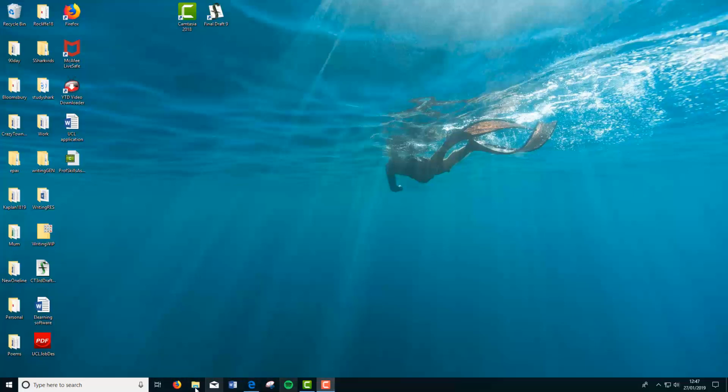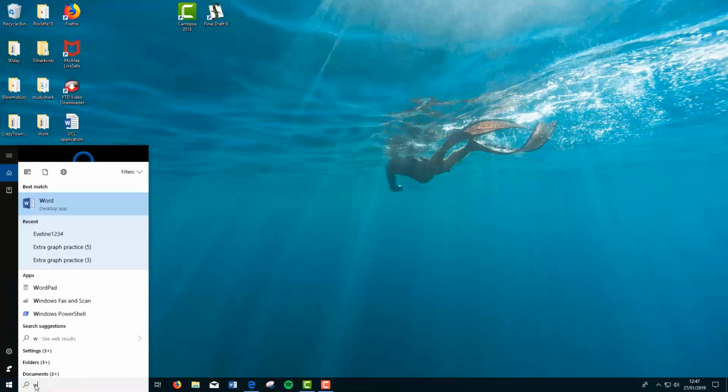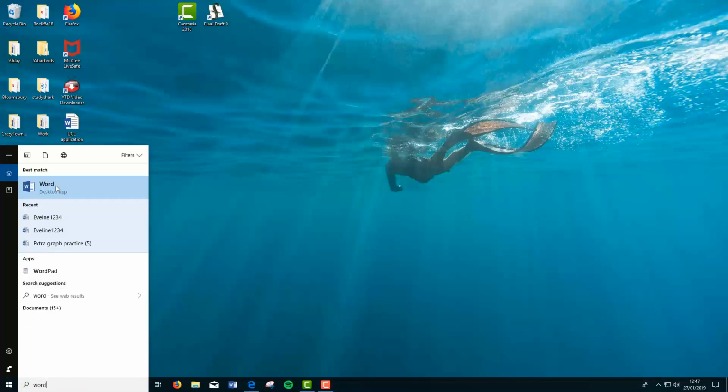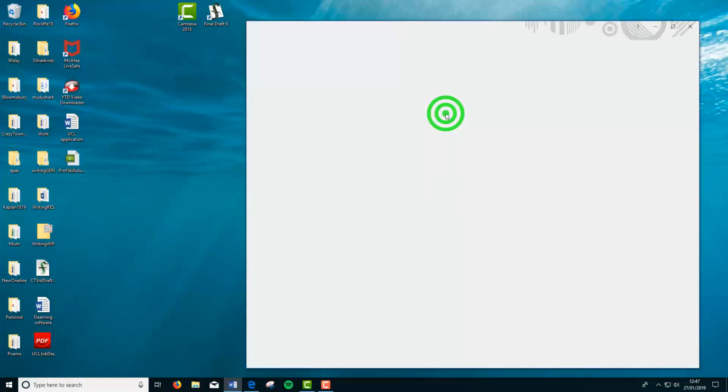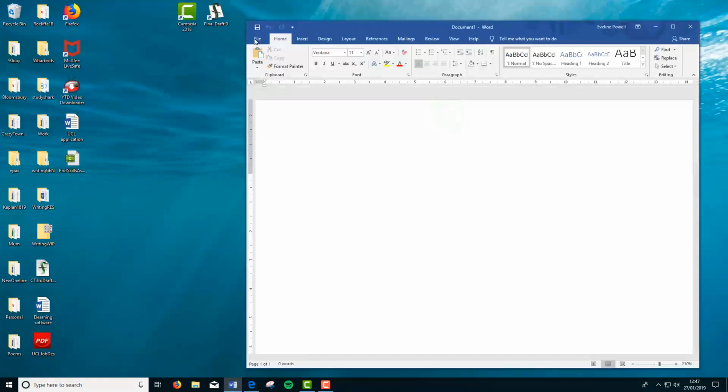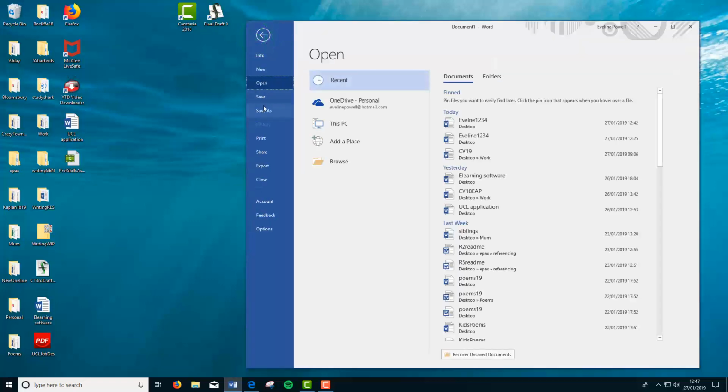If you can see a picture or icon of Word or Excel, you can open it from that picture. If you can't, go to the search box at the bottom left. I'm going to put in Word, and it comes up with Desktop App. I'm going to open a blank document, and the first thing I'm going to do is go to File and